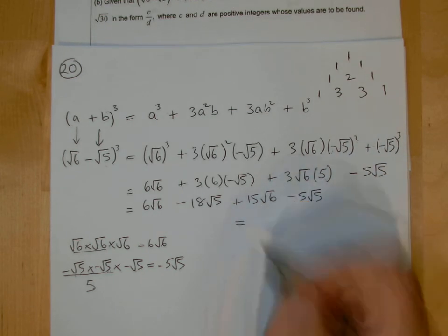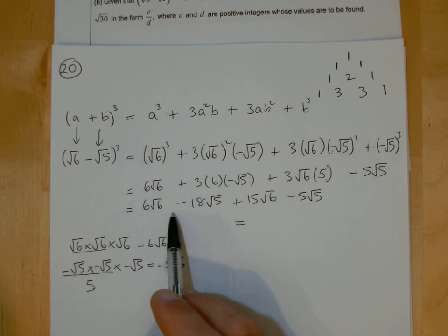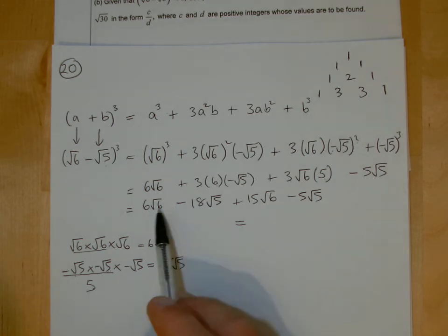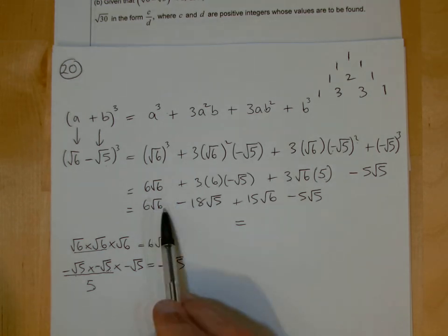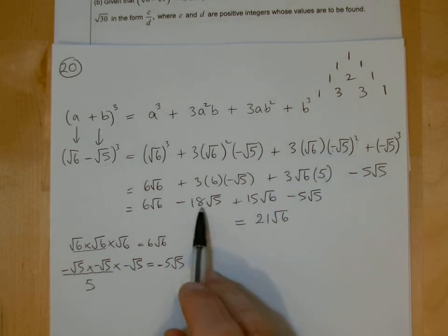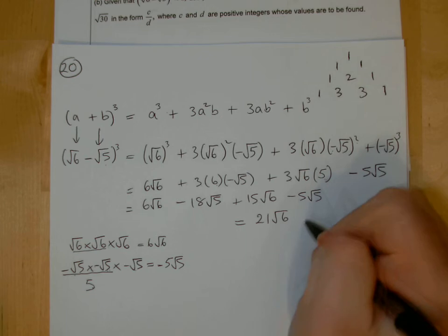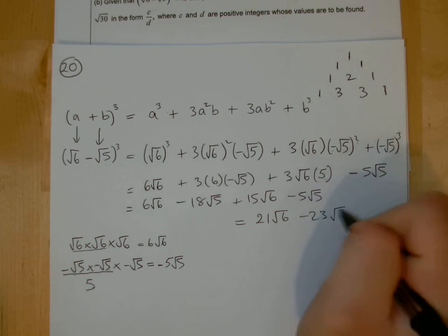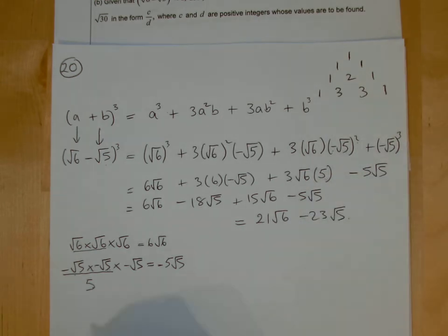So this will equal, if I put my answer over here, well, how many root 6s have we got? Well, we've got 6 root 6 plus 15 root 6 is 21 root 6. And then minus 18 minus 5 is minus 23 root 5. Okay, that's good. So that's part A